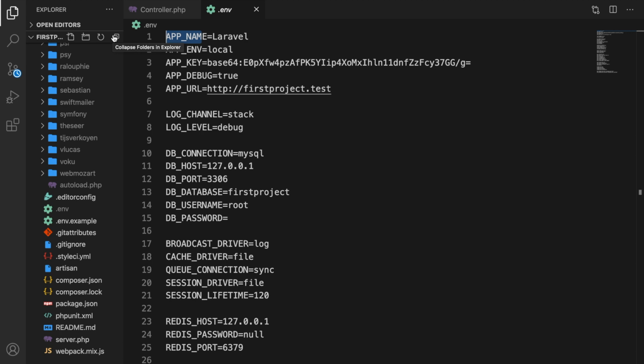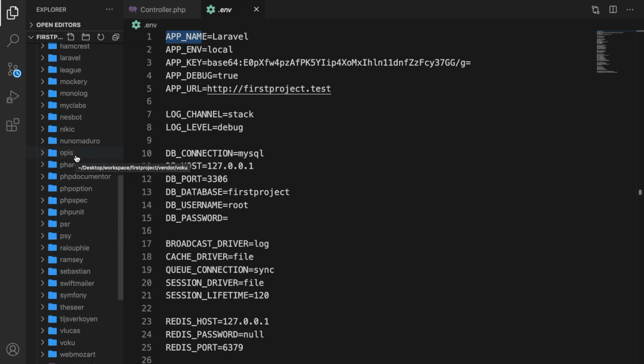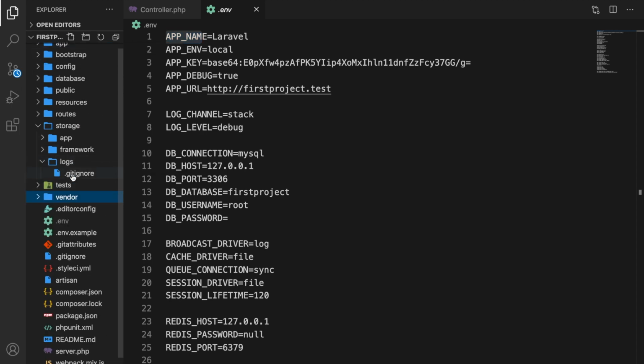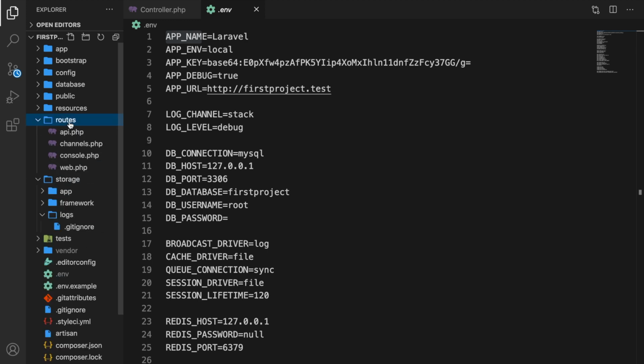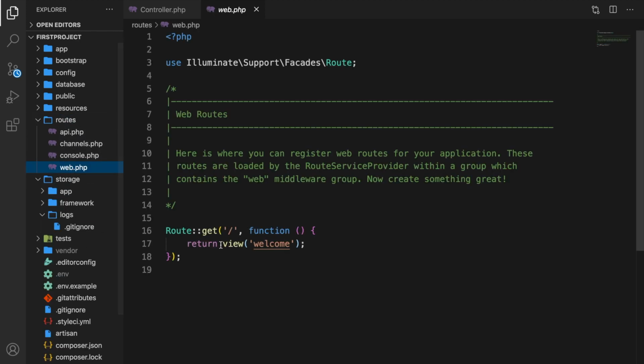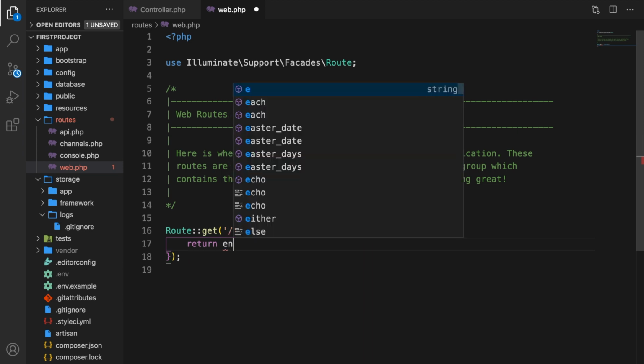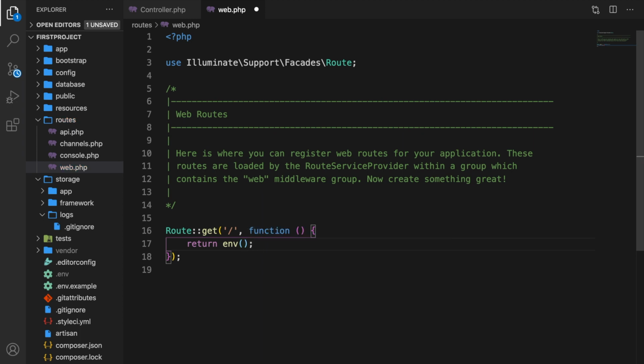What I would like to show you right now is how we could use the environment variables. Just bear with me and follow along. Now, if we scroll up, let me close off the vendor directory. Let's open our routes and let's open the web.php. Right here, you can see that we're referring to a specific view called welcome. What we could do is change the return value. So instead of saying return view, let's delete that. And right here, let's say that we want to return env();